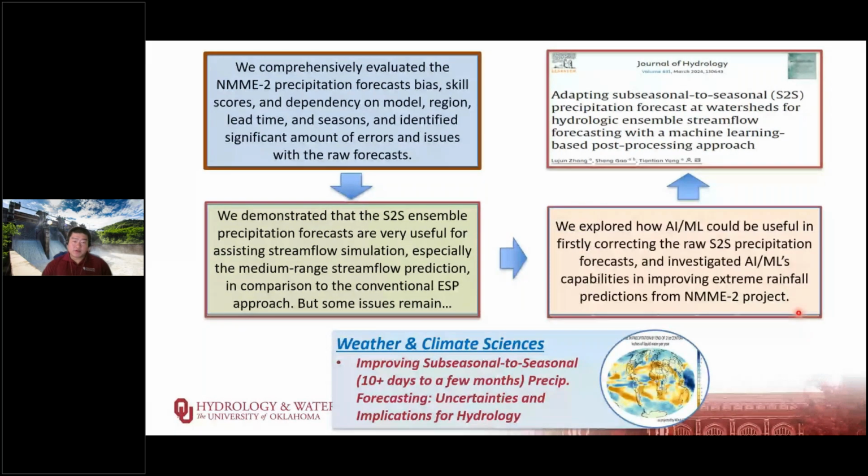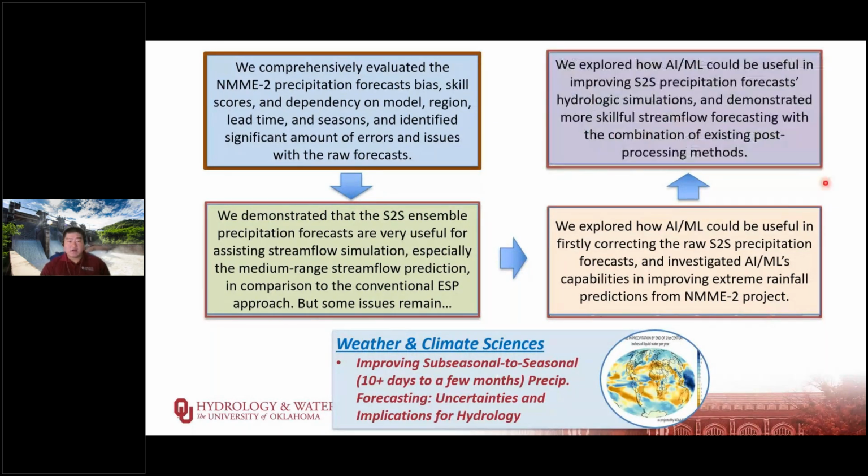Then we also explore how AI and machine learning tools could help in correcting some of the raw S2S precipitation forecast, and also investigate the AI machine learning models' capability in providing more skillful extreme precipitation forecasts over the NMME projects. And last but not least, we also explored how the AI machine learning tool could be used as